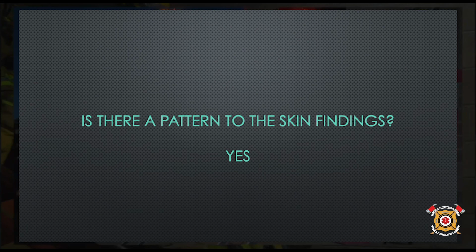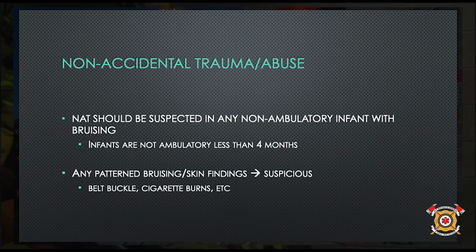The next group that I like to talk about is, is there a pattern to the skin findings? If there is, then we want to worry about abuse. The other term for this is non-accidental trauma, or NAT. NAT should be suspected in any child that is non-ambulatory. So any bruising in a child that is non-ambulatory. A child less than 4 months of age is non-ambulatory without question, and so should be considered trauma. Any pattern bruising or skin findings are also suspicious, and this can include things like a belt buckle, cigarette burns,